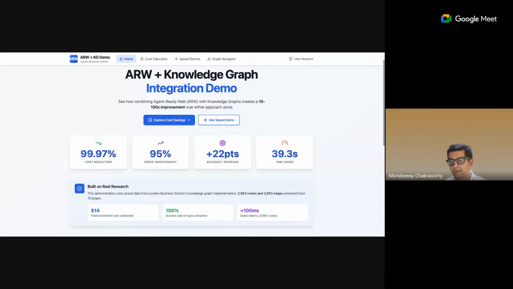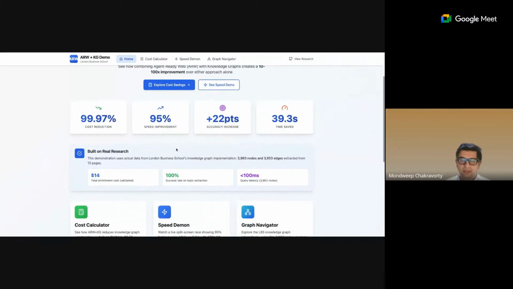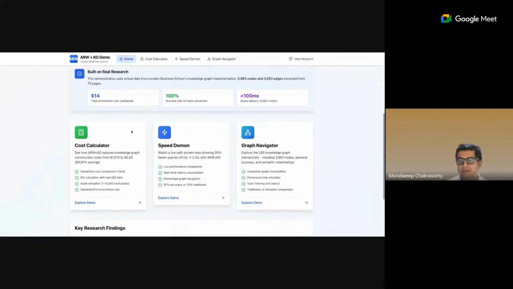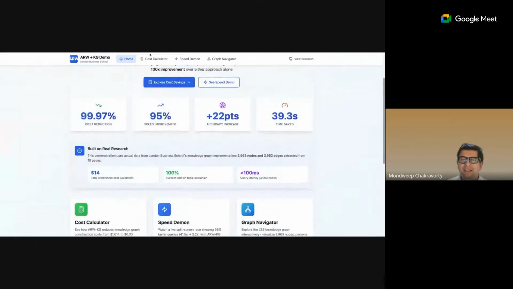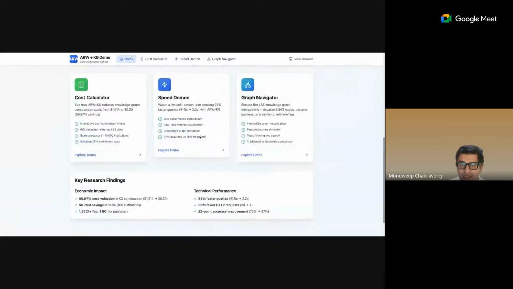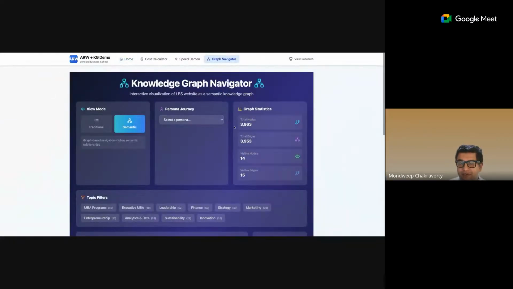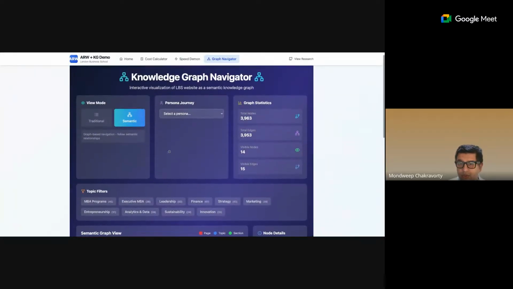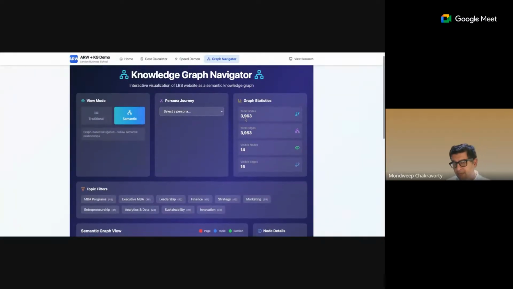So when agents traffic comes, agents basically get their information from where they need to without impacting human usage of the web. And these numbers are based on the code base that we have done and some cost that I incurred for the 10 pages. And it has come up with some interesting visualizations here, which I didn't notice before. For example, it's come up with a graph looking at those. So these are from the 10 pages.